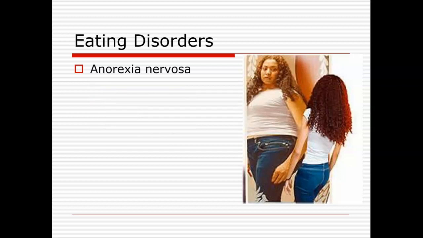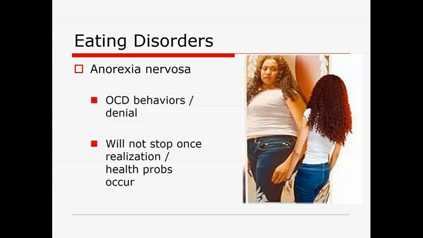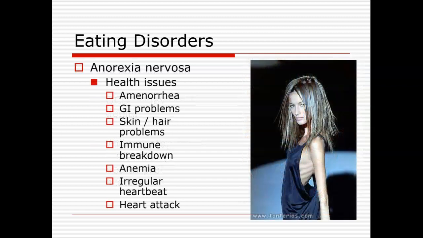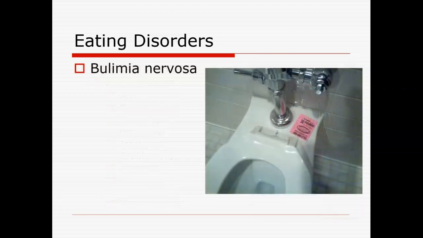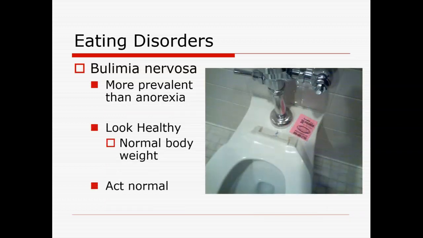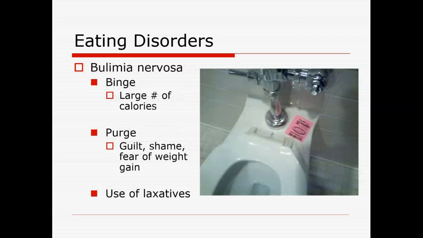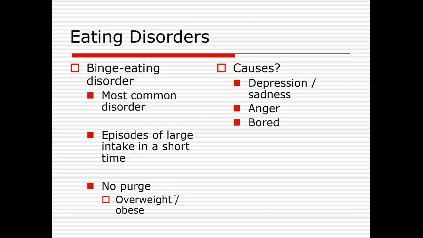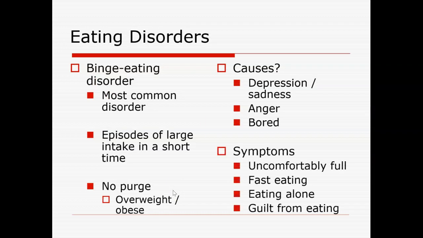Again, you've heard of these, right? So you've heard of anorexia. So the information that's on there is pretty straightforward. You should have a decent idea. Same thing with bulimia. You've been exposed to hopefully some of these kind of things, and we can talk about it in class if you really want to. But that binge-purge cycle, either it's coming up somehow, either it's coming out the front with the vomiting, or it's coming out the back with the use of laxatives, which is a brutal way to think of that kind of stuff. Finally is binge eating disorder. You can kind of see some of that as well.